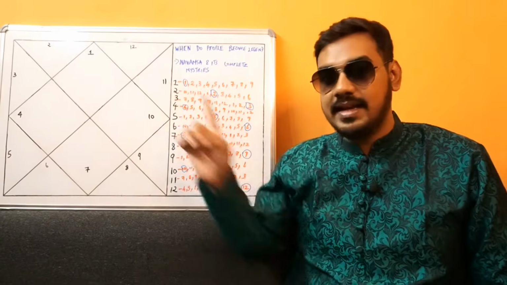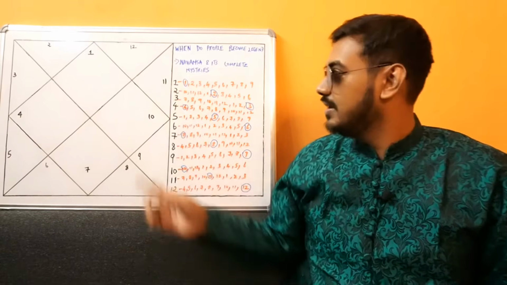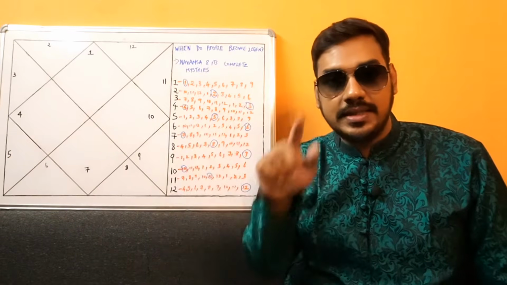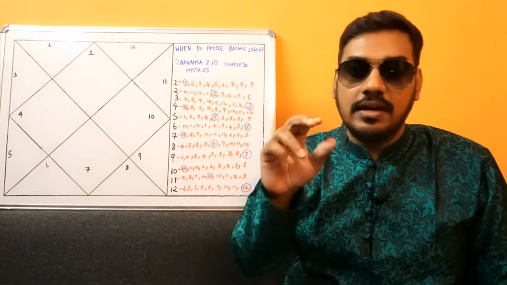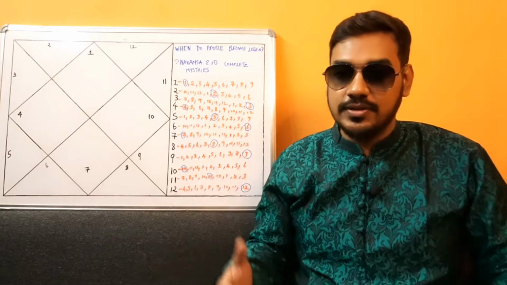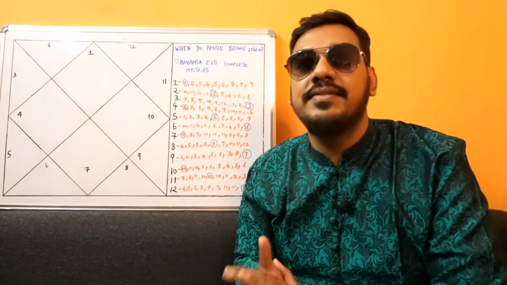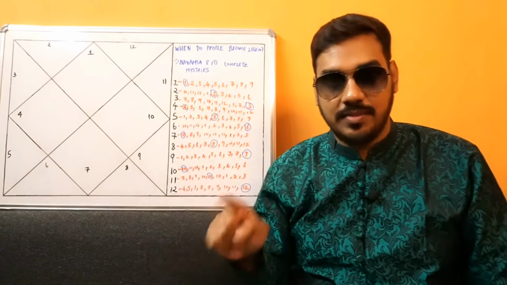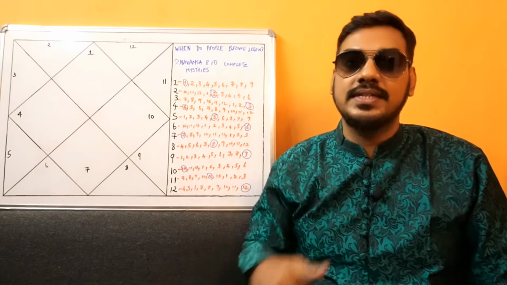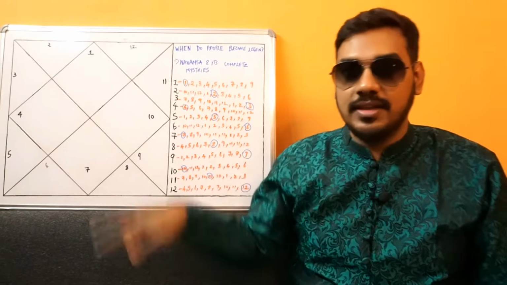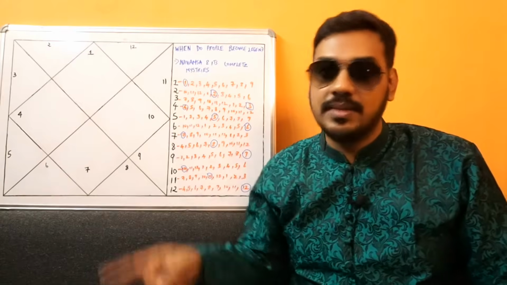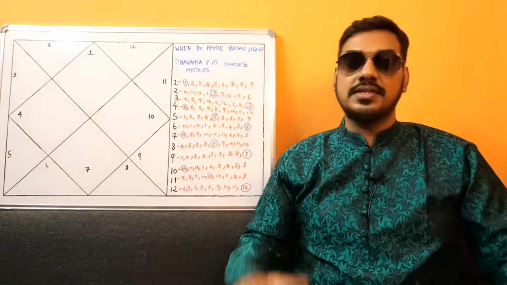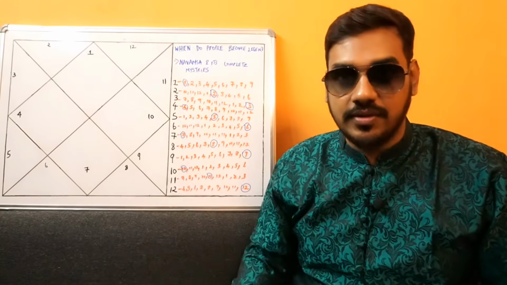So each sign has 9 Navamshas. There are 12 signs, so 12 into 9 is equal to 108 Navamshas or 108 nakshatra padas. The Navamshas are directly connected with the nakshatra energy, and when you do a 108 times chant of a particular mantra, you are activating all the nakshatra padas, and that is why it forms a complete circle and you are able to harness the energy of the mantra, alright. So this is about the auspiciousness of the Navamsha, right.